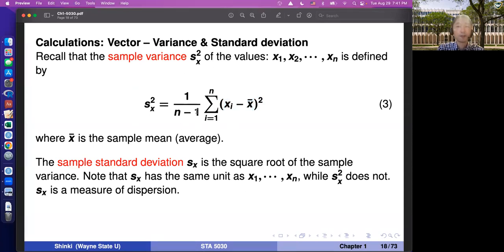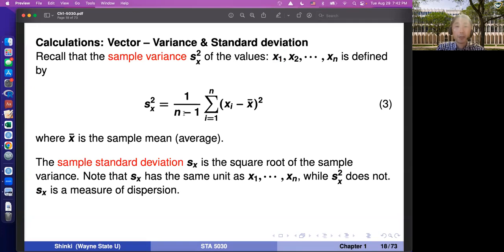So we have n minus 1, not n, in the denominator. We have some reasons. Think about the situation where n is equal to 1. We have one observation, just x_i. Then we cannot evaluate the variability of the data set, because we only have one observation. If we only have the temperature on one day, we cannot really see the temperature variation.